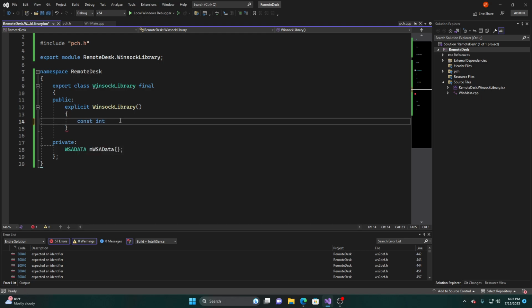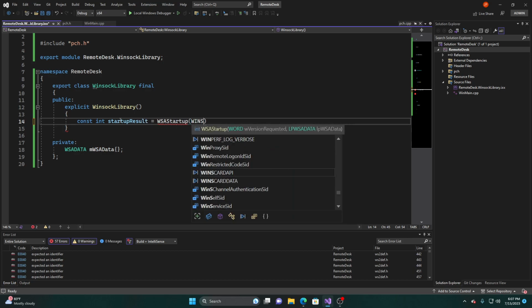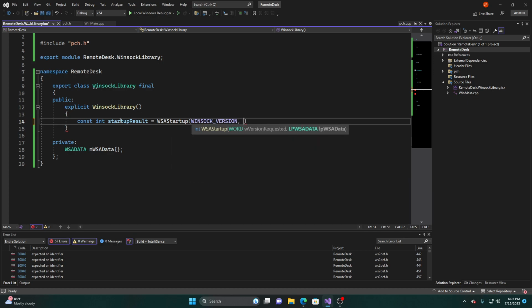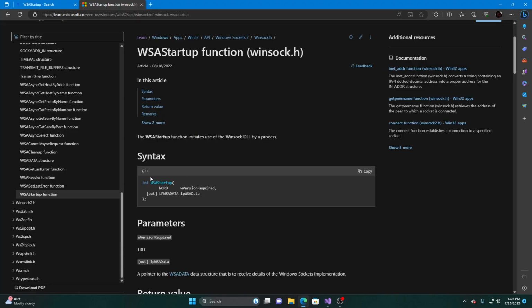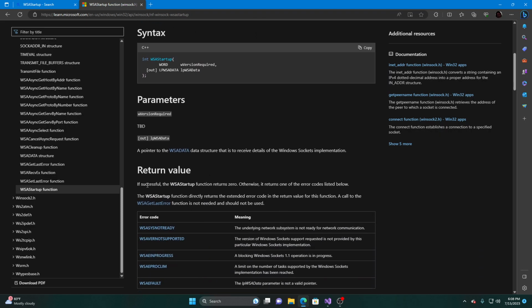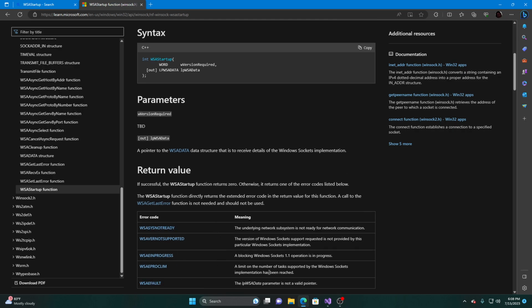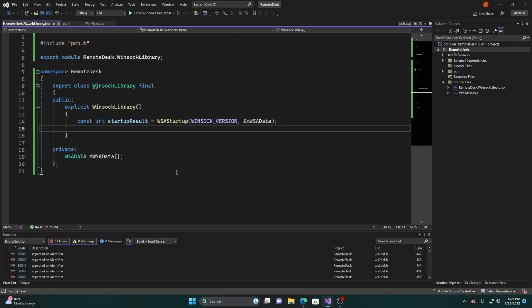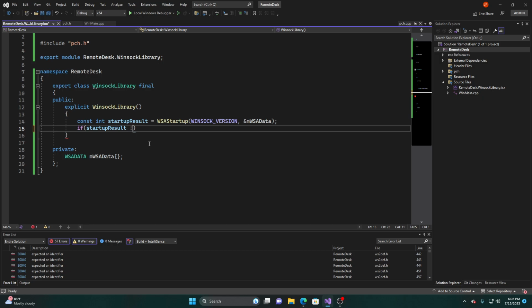So const startup result equals WSAStartup, Winsock version and m WSAData. So now we're going to come here. I already have it loaded up. We can look at the return value, and if successful, the function returns 0. Otherwise, it returns an error code. I don't really care about the error code. I just care if the library successfully did it or not. So if startup result does not equal 0,